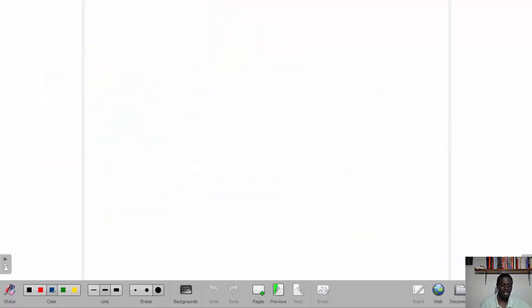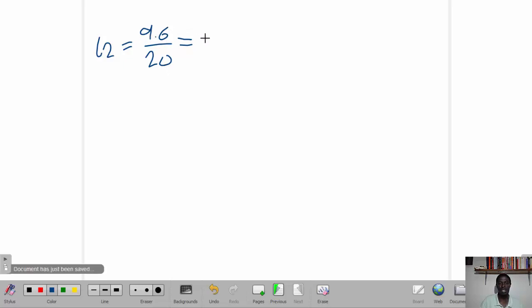So the current I2, which, if you remember, we found the voltage to be 9.6 across, and then we've got R2 is 20 ohms. And therefore, if we calculate that, we are going to get 9.6 divided by 20, which gives us